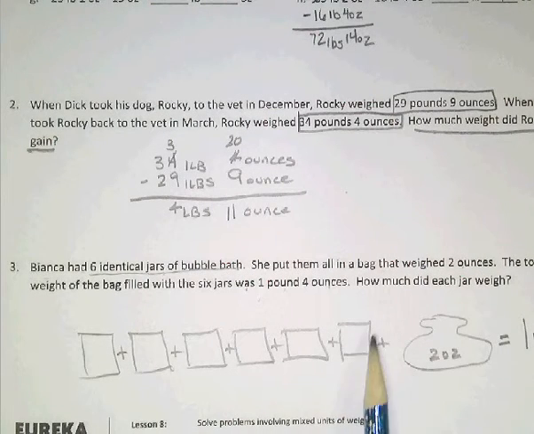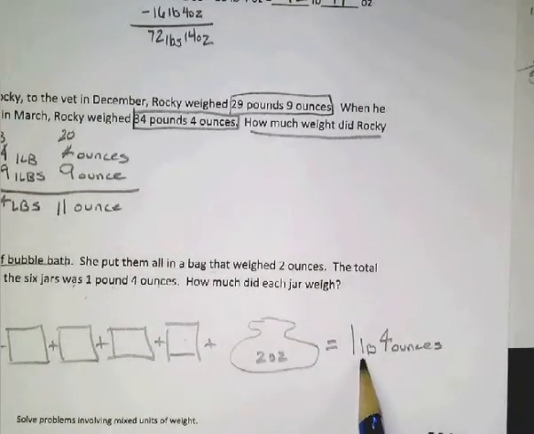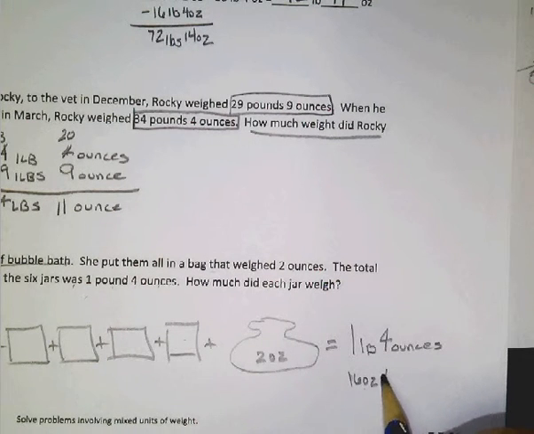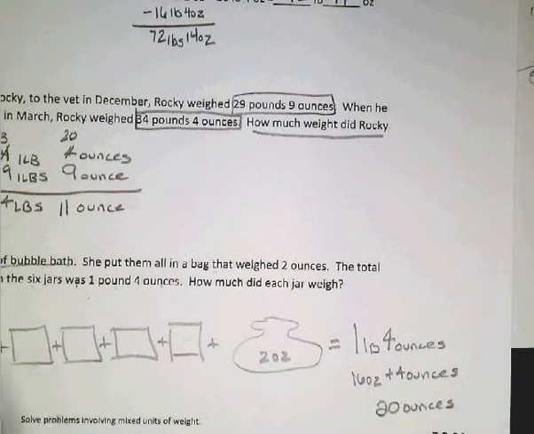So how much did each jar weigh? Well, if we convert all this over to ounces, 1 pound is 16 ounces. We had the 4 ounces there as well. So now we have 20 ounces. The 6 jars